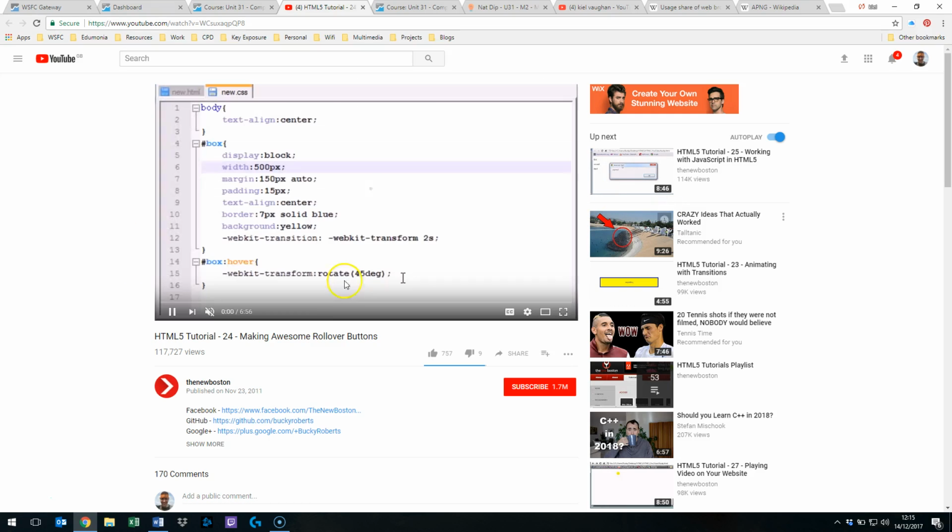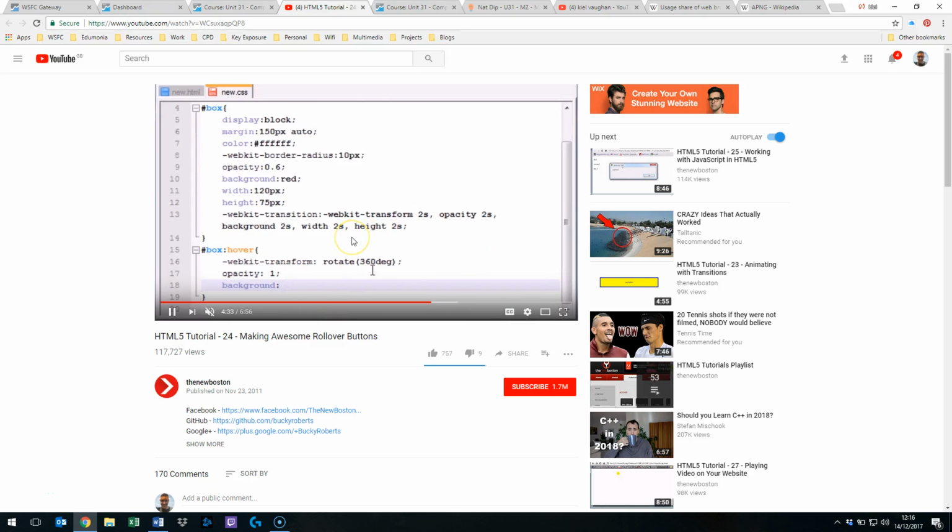Right, so this is a tutorial that takes you through a really simple dynamic rollover button. And you basically go through the motions of this, produce your dynamic rollover button, and what you'll do thereafter is